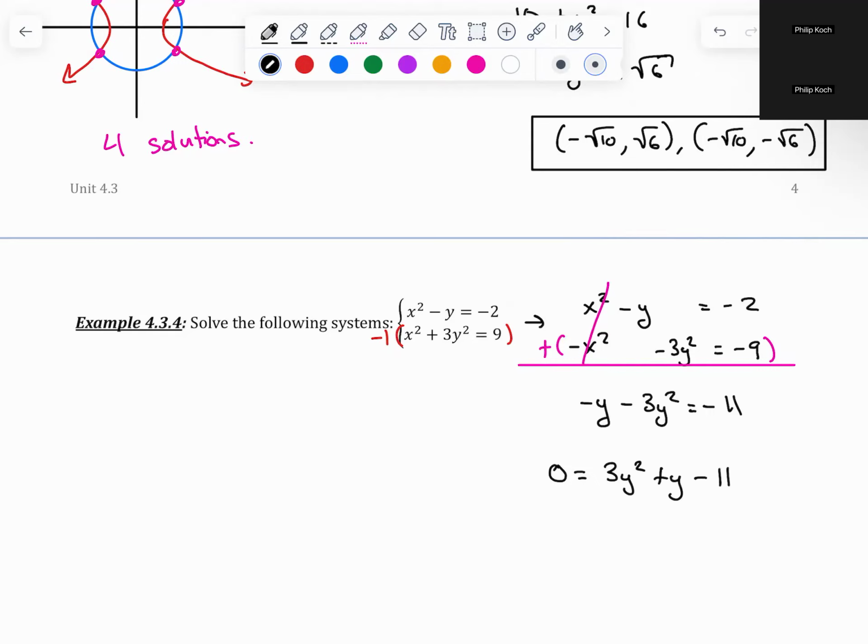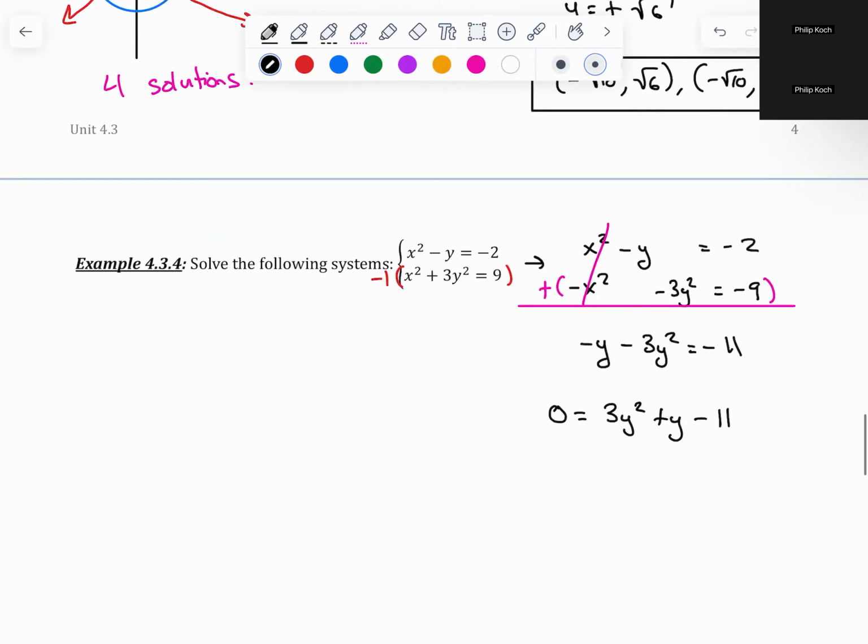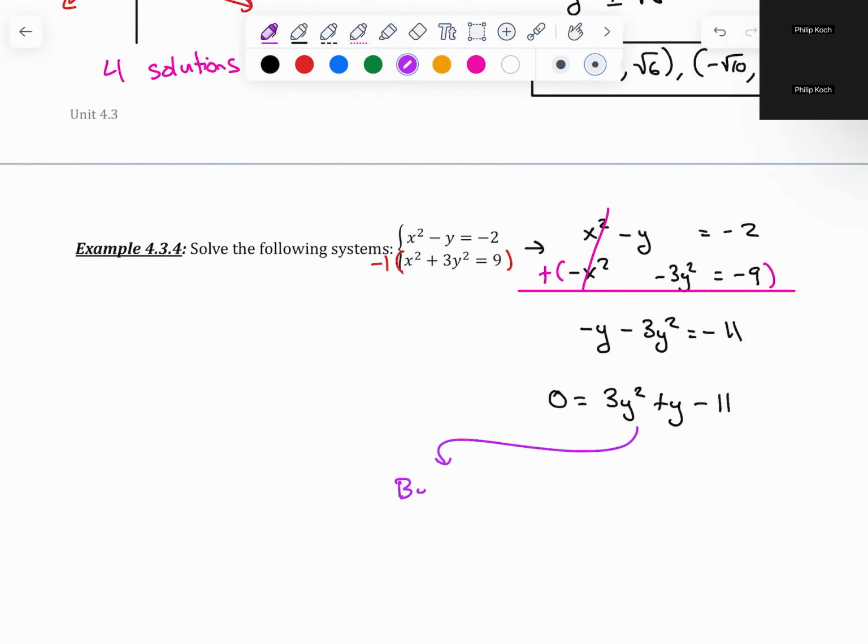Try as you might, you will realize that there is no way to factor this. There are no two numbers that multiply to negative 33 and add to 1. There are no integers that do that. So we have to use the quadratic formula. I'm going to bust that out. By quad formula,